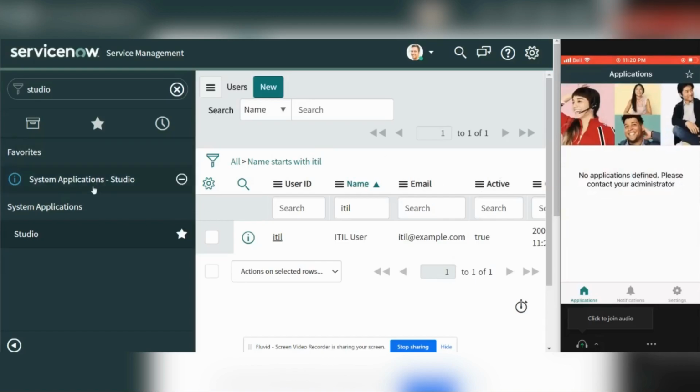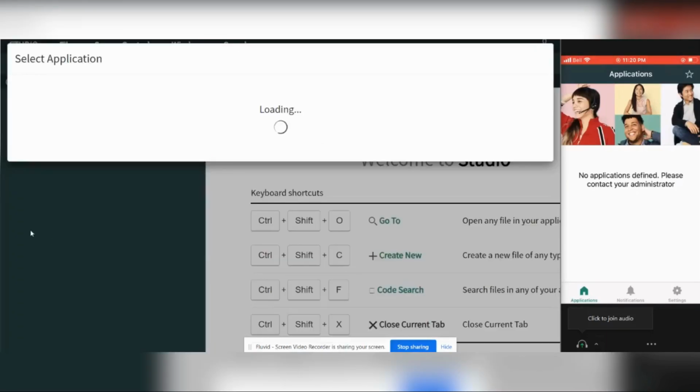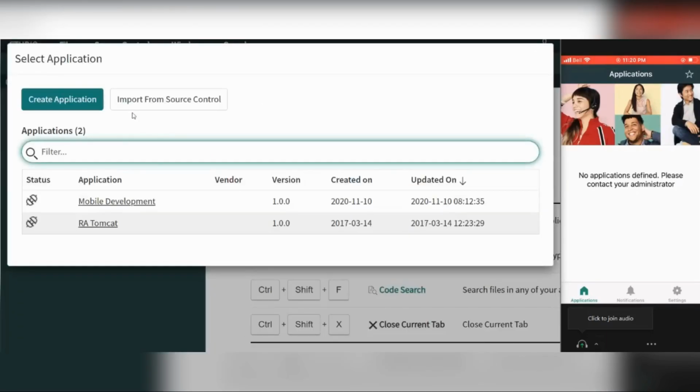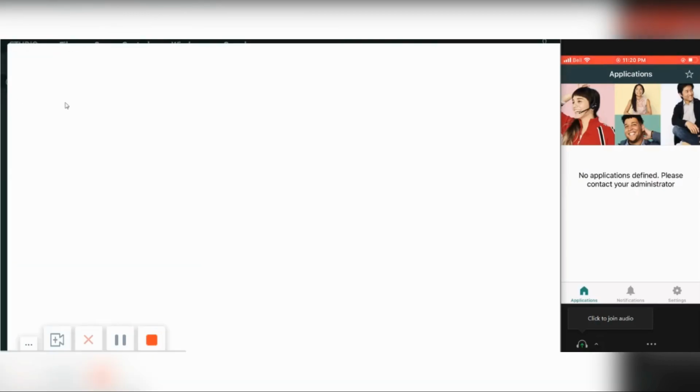So what we're going to do is open the navigation filter, type studio and open the studio. We will create our new application. You can install the ITSM mobile plugin, but since we are doing it from scratch, I will create a new application.